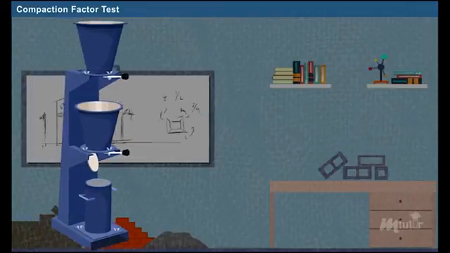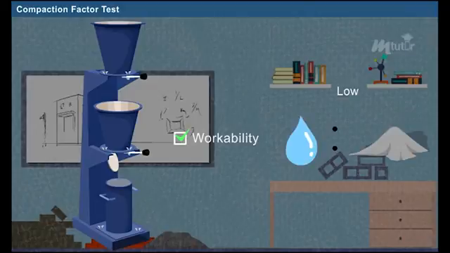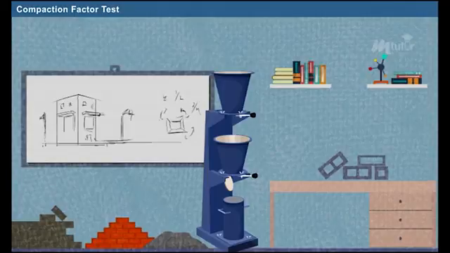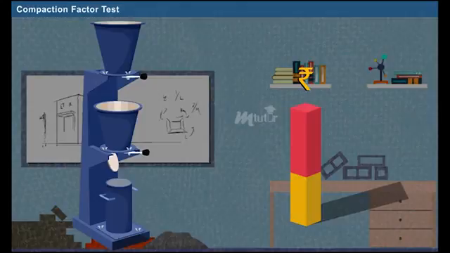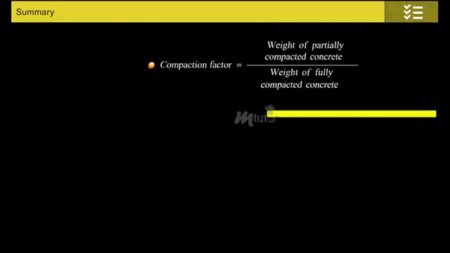The major advantage of the compaction factor test is it is used to calculate the workability of concrete with low water-cement ratio. And the limitations of this test are it is suitable only in the laboratory, and the apparatus and maintenance cost is comparatively high. Summary: compaction factor test is used for determining the workability of less workable concrete. Compaction